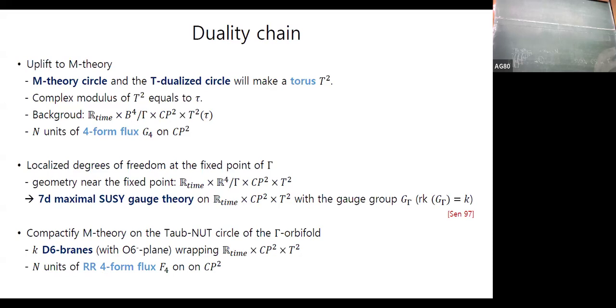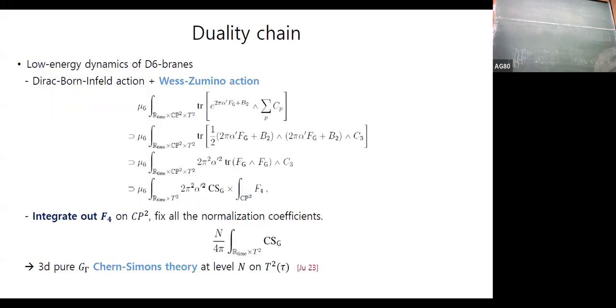And you have N units of R 4-point blocks on CP2 as before. And the low energy dynamics of D6 branes are governed by Dirac-Born-Infeld tension plus Wess-Zumino term. And our degenerate vacua will be coming from the Wess-Zumino term action. So here you have this term. And well, just expanding this, you will find this